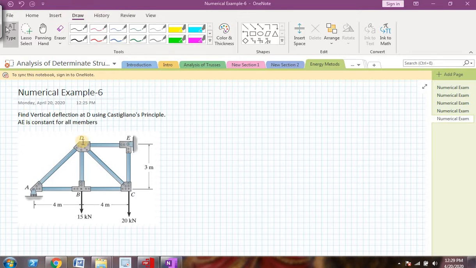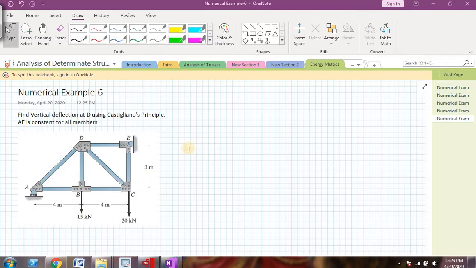In case of virtual work principle, what we used to do is we used to remove the actual real loads and we used to apply a dummy unit load at joint D. But in case of Castigliano's theorem, we should retain the original loads, but instead we should apply the dummy load, or I can say virtual load at point D, and we should proceed. And how we have to prepare the table and all, I will tell you in the further steps.